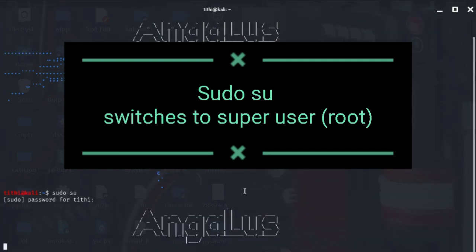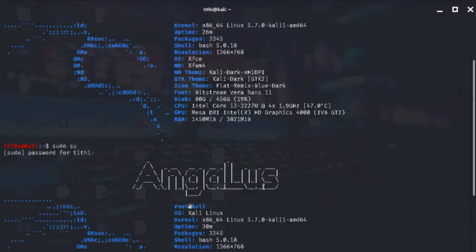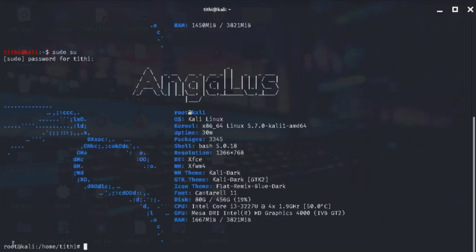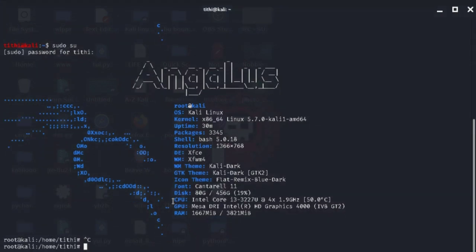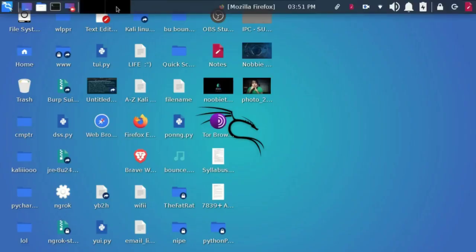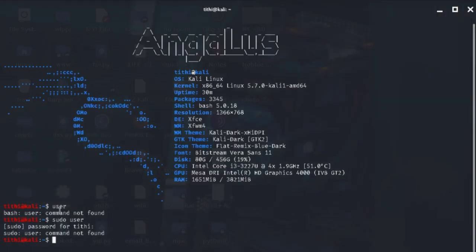So it doesn't matter. You can type this and use everything as root, but make sure you don't harm your computer because at that time it is very sensitive. But most of the things you do need root access. So for that you can use this, or you can avoid this and use only sudo with the rest of the commands. Depends on you.